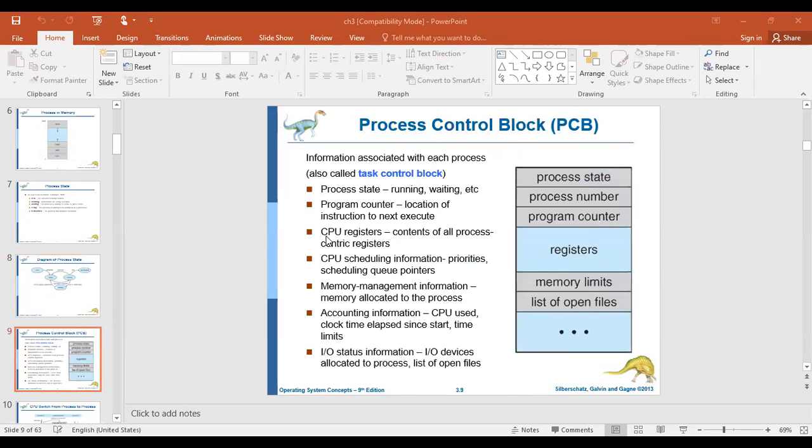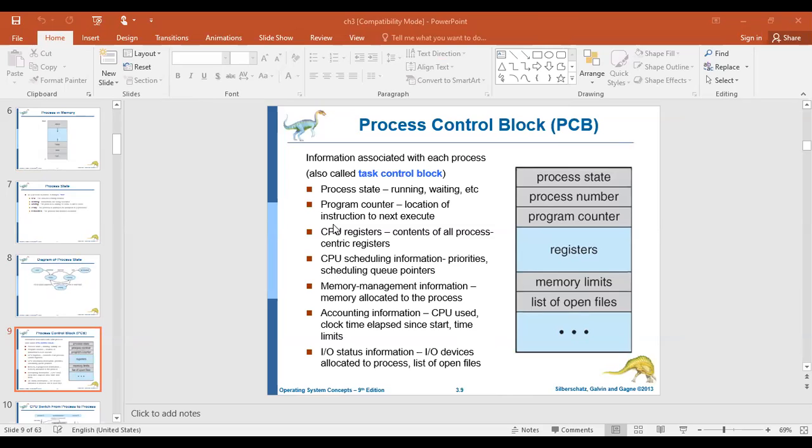execution. In order to execute all the processes, the operating system should maintain a data structure for each and every process, called the process control block, which contains certain parameters or information regarding the process.